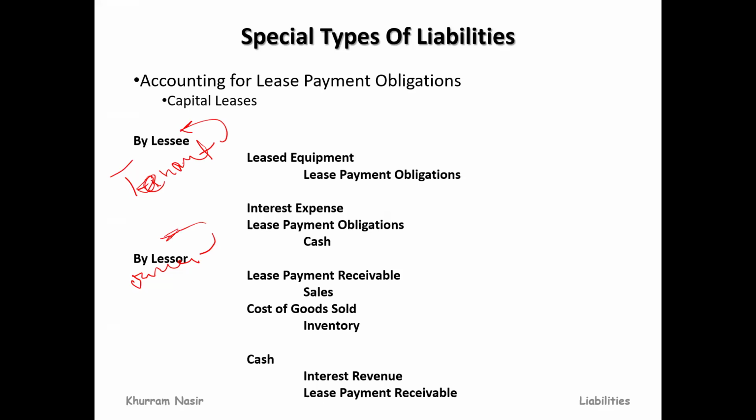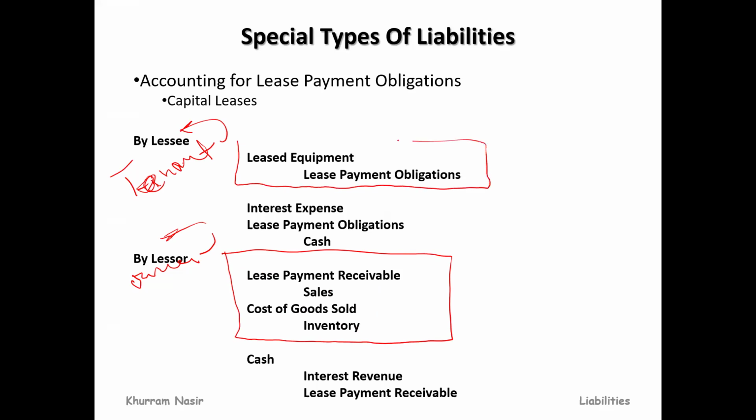So the entry which will be made by the lessor when the asset is given on lease is: payment received will debit, sales credit, cost of goods sold debit, inventory credit. By the tenant, it would be lease equipment debit, lease payment obligation credit. Okay, the payments which are going to be made,